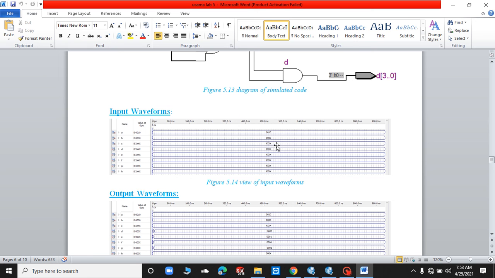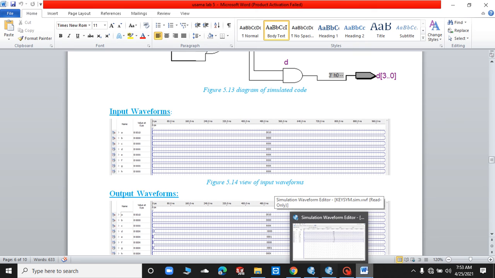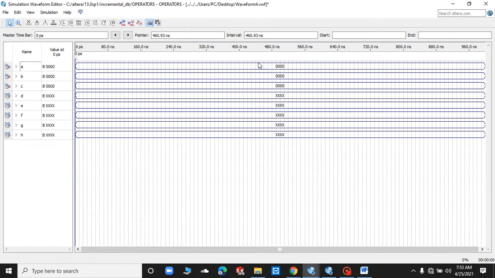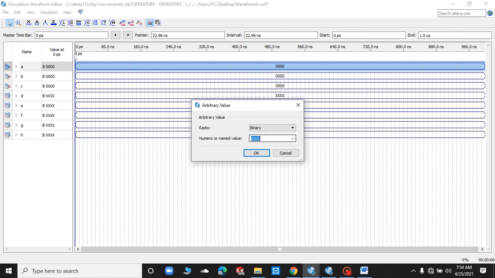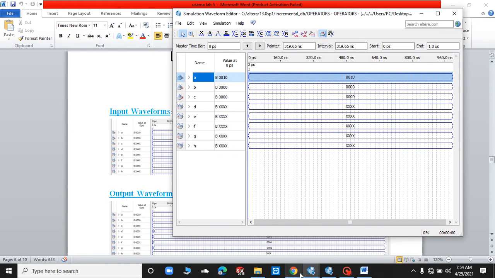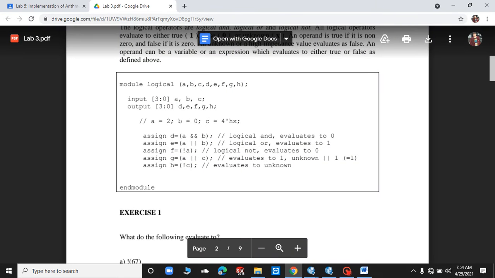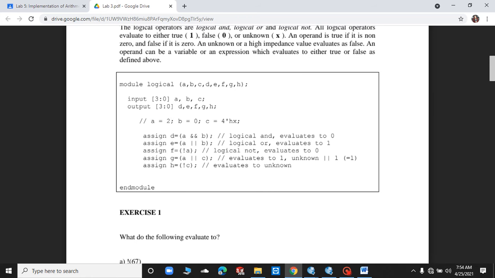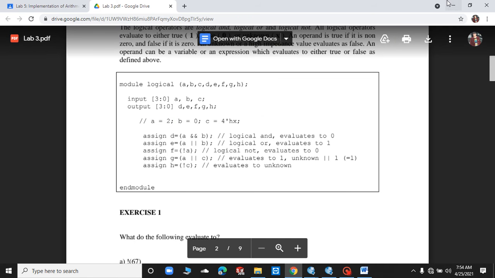So for A we have given 0010. Here we have to give it a value 0010. As you can see, the value of A is 2, which is 0010, B is 0, which is 0000, and C is unknown.